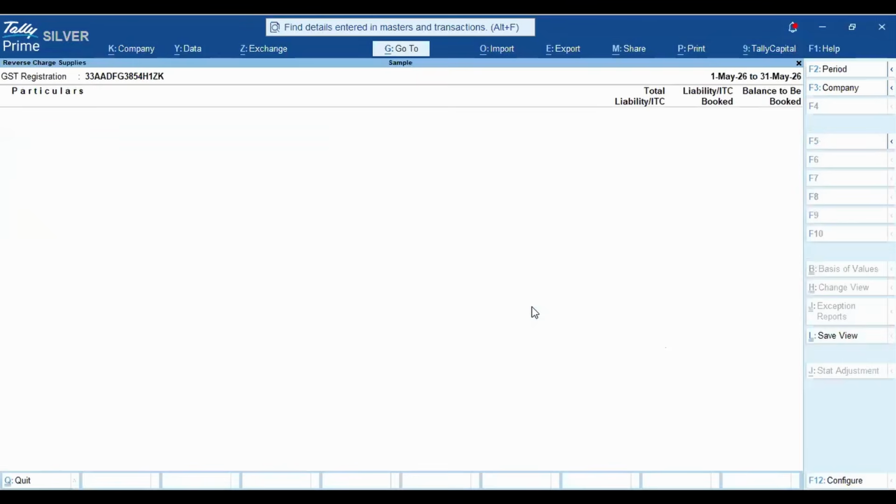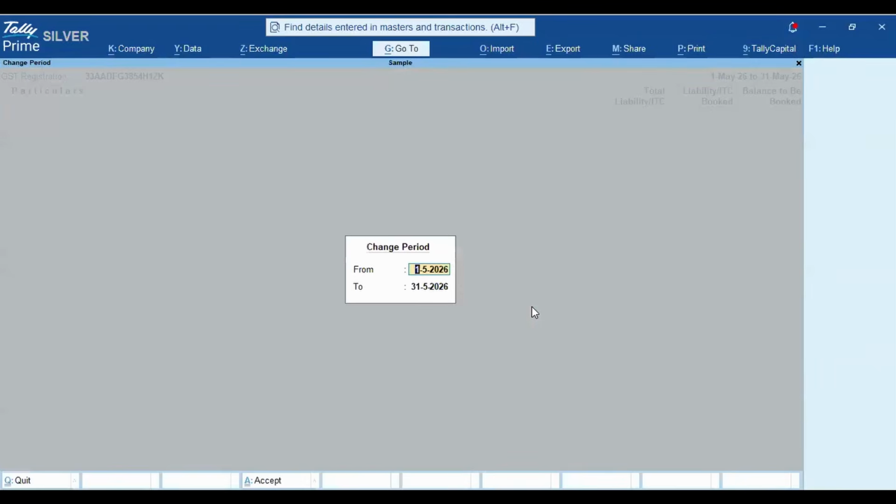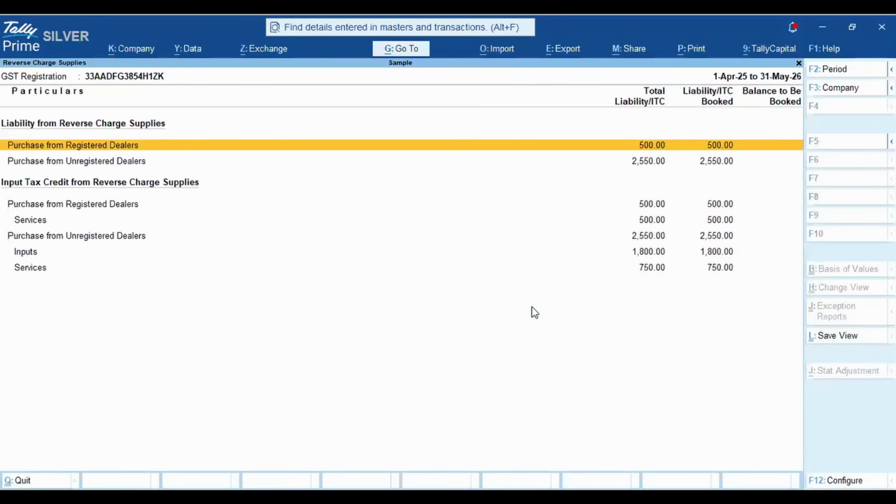Have you booked that reverse charge? Have you made the liability of the reverse charge? Have you paid that liability? Because I have made so many entries here. You see, I will just explain this report. I'll come to the report, because this is much more important. Why? Because